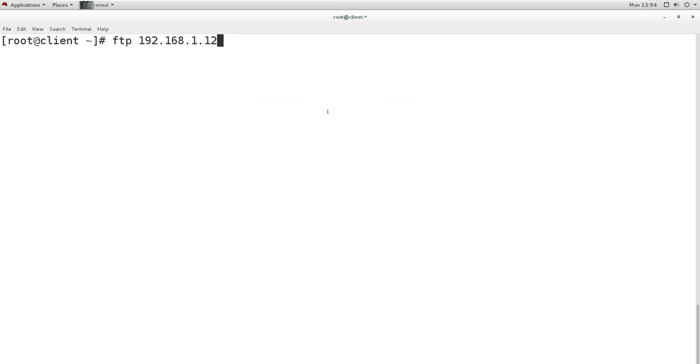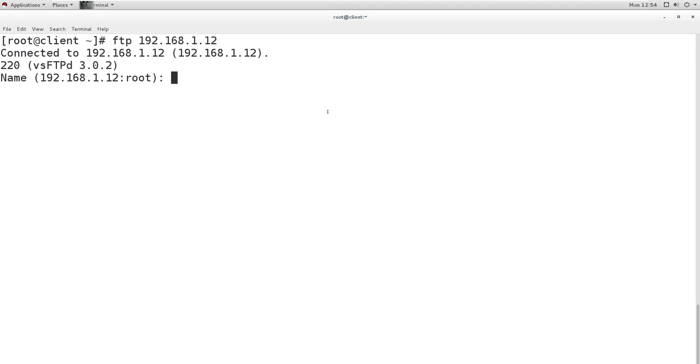Now I will access this from the command line. When I press enter, it is saying, please provide the username. Now remember, when I accessed it from the browser, it did not ask me for any username or any password. It gave me access directly.